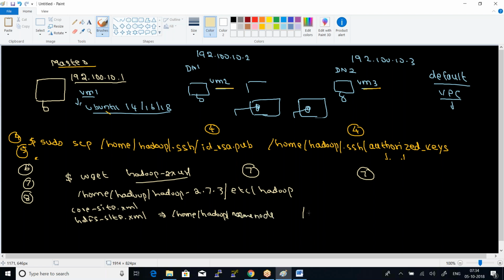Similarly, here you want to create a folder for data node and data. Yes, it is making sense. In your master machine hdfs-site, you need to create a temporary folder called name node for storing the name node information. And in your data node 1 and data node 2, you need not create a name node folder. Here you need to create only a data node folder for storing data node related information. And there is no change in